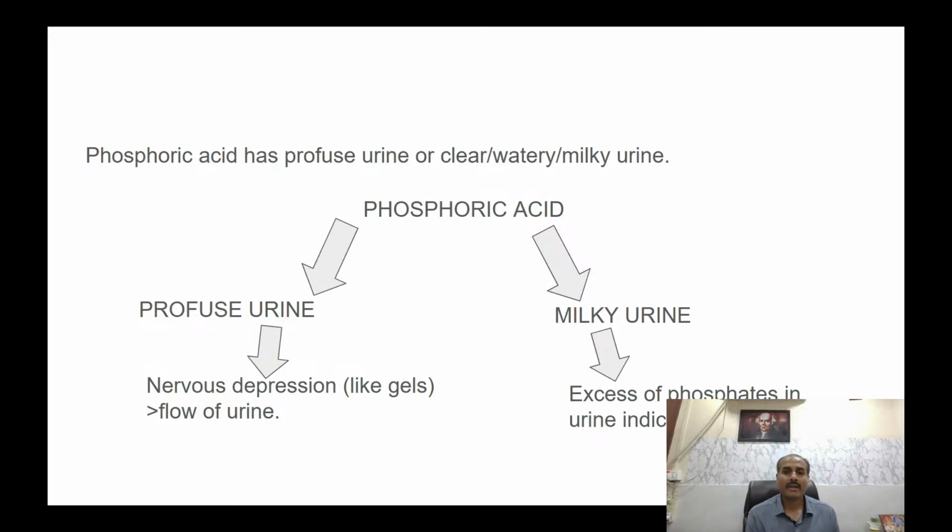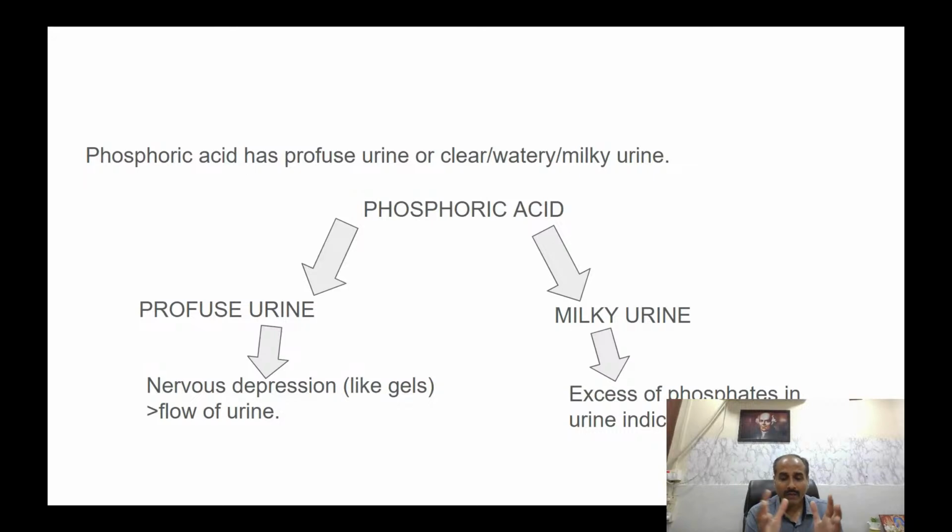And milky urine, you will see that there is an excess of phosphates, which indicates the nervous wastage, or the nerve is wasting, shedding its parts, and that's where we will see phosphates in the urine or milky urine. So I have already explained in Allen's keynotes study streak how you can use urine routine as a parameter to differentiate a few remedies. There are a lot of such rubrics where you will see that the urine is examined in detail, macroscopic and microscopic,